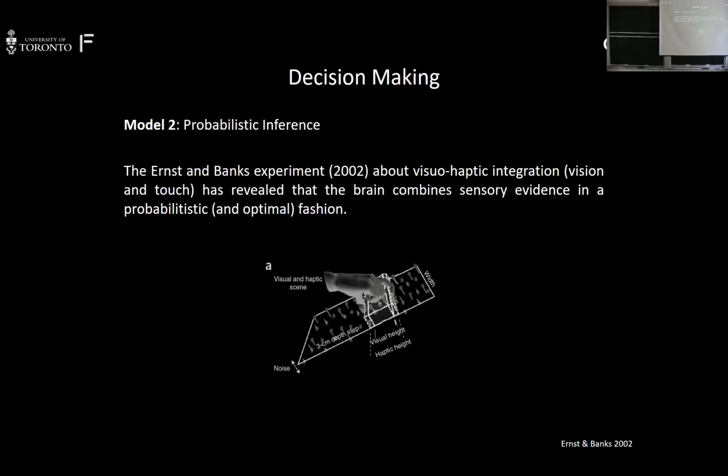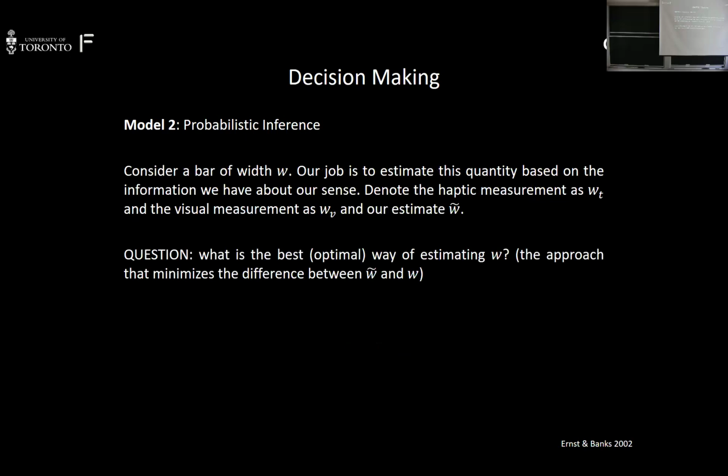So visual and haptic. Haptic is touch of the hand, right? Yeah. So the task is to figure out how long this bar is that's in front of you, and you can see it and you can feel it with your hand. Those are the two pieces of sensory evidence being combined here. So a bar of width W, and the task is to estimate what the width is given